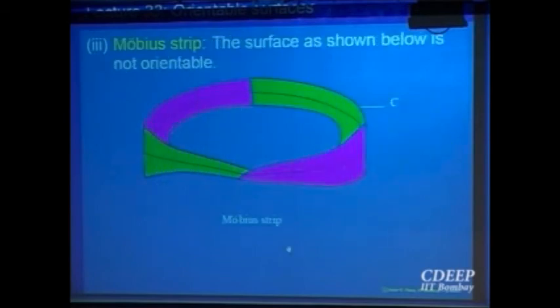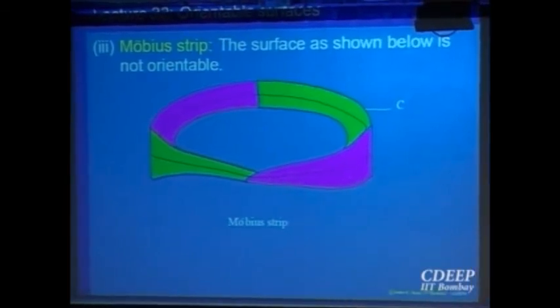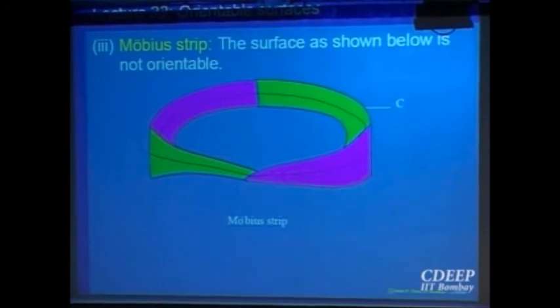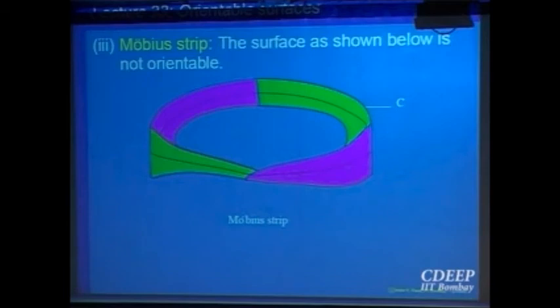Now here is something which is not orientable. It is called a Mobius band or Mobius strip. Let me show you it is not orientable. I'll construct this surface for you. The idea is to take a strip of paper, a rectangular strip. If you just join this, what do you get? A cylinder, which is no problem, which is orientable. Whether you take the outward one or the inward one depends on your choice.